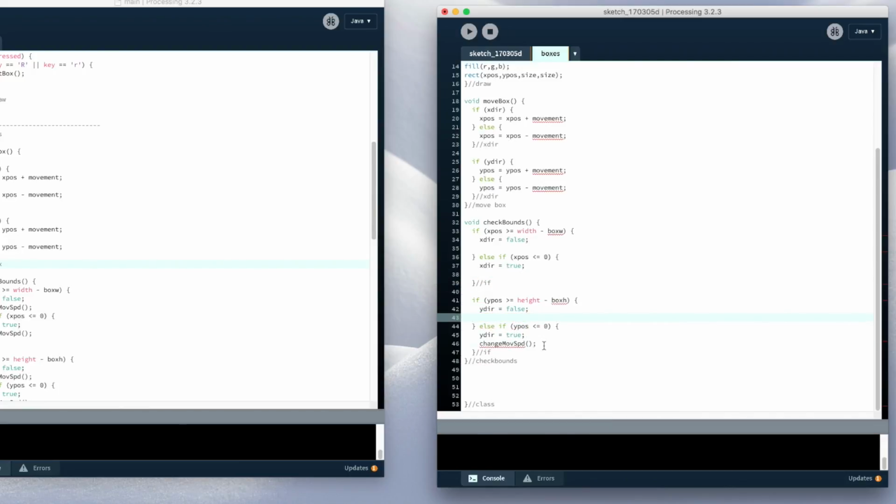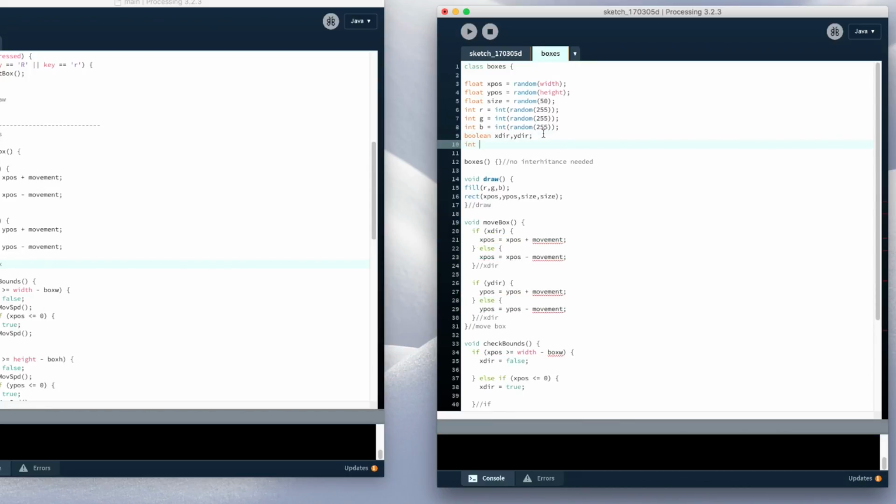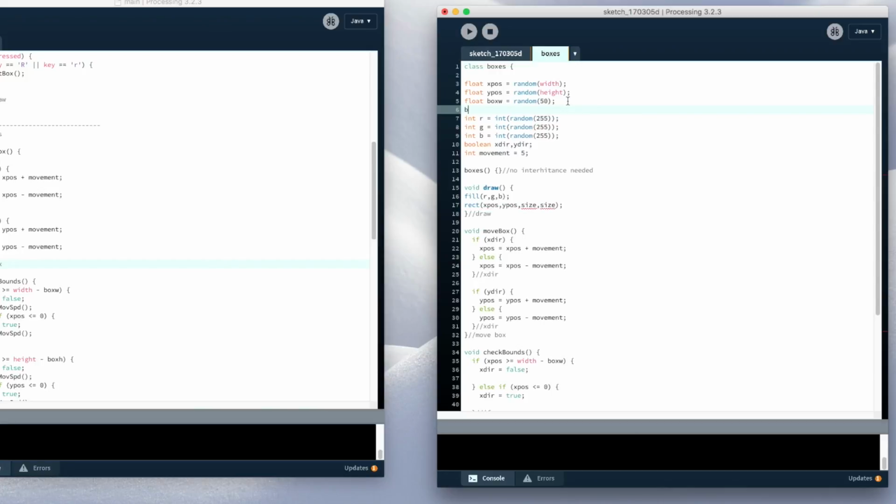That's the part that slows the movement speed down over time. Now if we run it, movement doesn't exist. We're going to add an integer movement is equal to 5. Box W and float box height are equal to